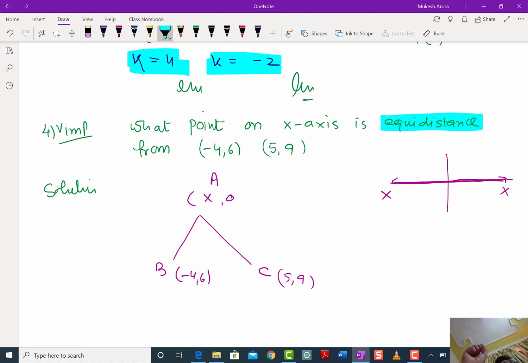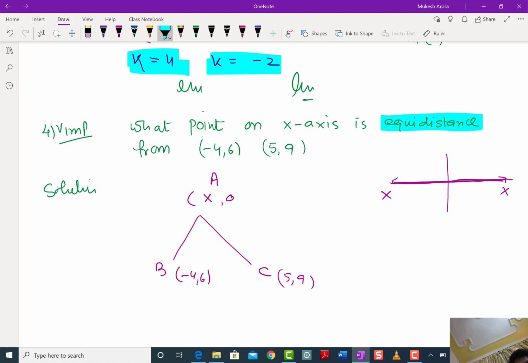If I am sitting in sector 8, then sector 19 and sector 18 from 8 are equidistant diagonally. But if I'm sitting in sector 8, and sector 7 and sector 9, then 8 is the midpoint of 7 and 9. Midpoint is when it is a straight line. Equidistance does not mean they lie in a straight line. They can be equal in distance diagonally also. They can be in opposite directions also. They can be anywhere, right?